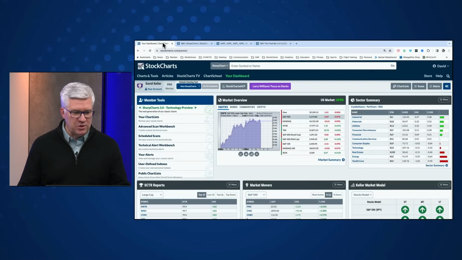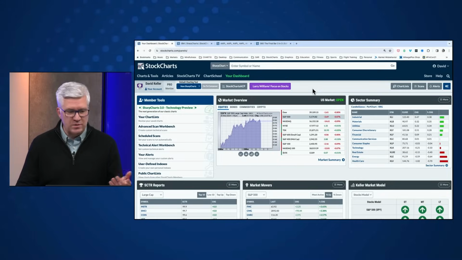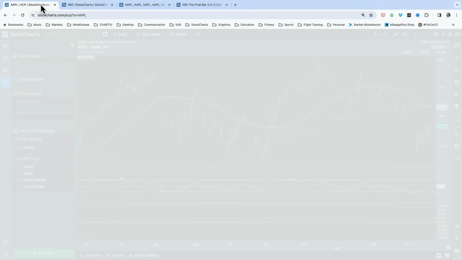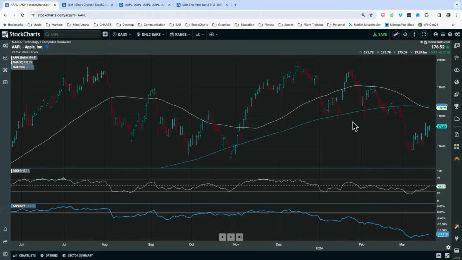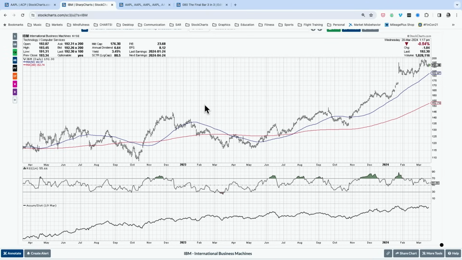Right now, to be honest with you, we have two different charting platforms. We have our regular SharpCharts, which you're probably familiar with. That's this chart of IBM. And then we have what's called ACP, our advanced charting platform. These are actually two separate charting engines. What I will tell you right up front is, over time, I think you will find that the two of these become a lot less different and a lot more similar, because there are things about the advanced charting platform they actually can't do with the current version of